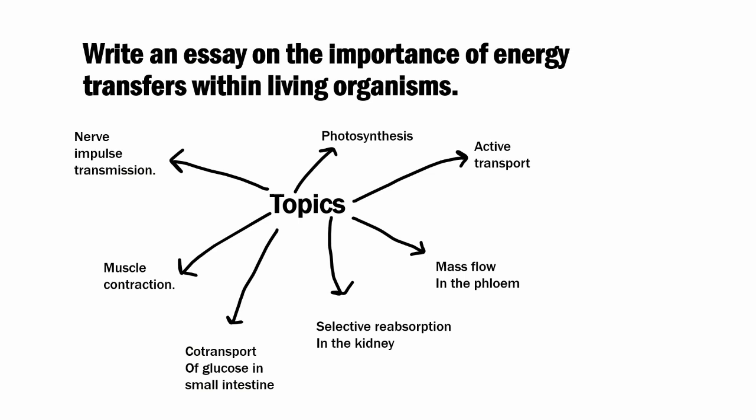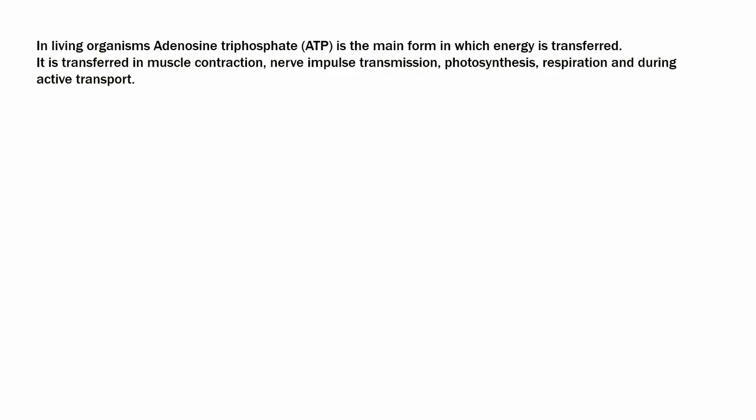photosynthesis, the formation of ATP to deliver energy to GP to turn it into TP and produce organic compounds. So anywhere you can think of ATP, ATP is inside organisms, not outside. So we're talking about energy transfers in organisms, and ATP is the carrier molecule inside organisms. It's a different story if you get an essay on energy that is between the environment and the organisms, or in between organisms themselves. So in living organisms, adenosine triphosphate.